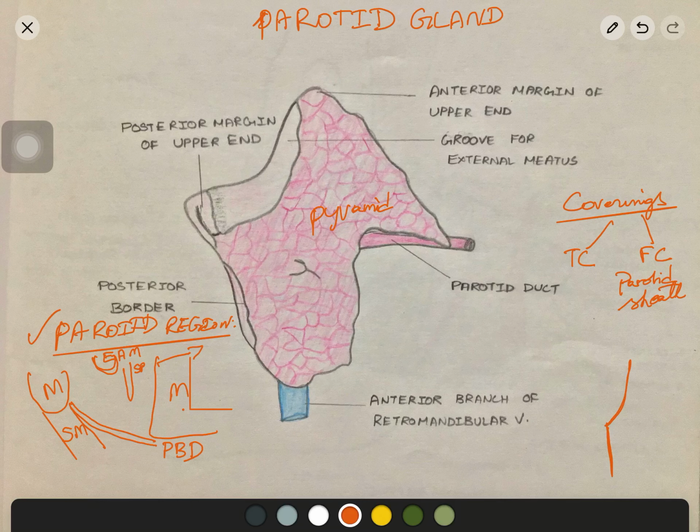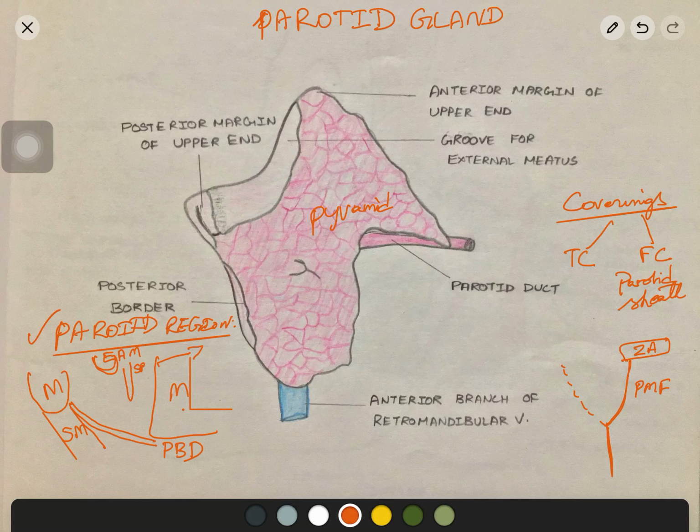The superficial lamella of the sheath is strong and passes over the masseter, blends with the epimysium of the masseter, then it is attached to the lower border of the zygomatic arch. So this is the zygomatic arch. So this fascia is thick, so that it will be called the parotidomasseteric fascia.